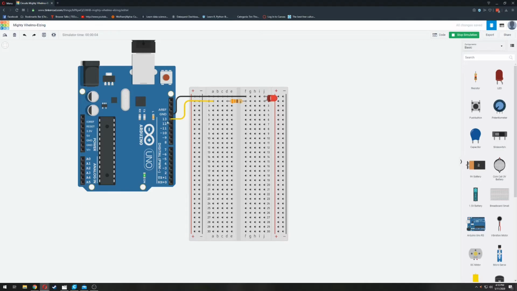The code is running. Line 13 blinks. You can see the LED turns on. Once you are done with your circuit,